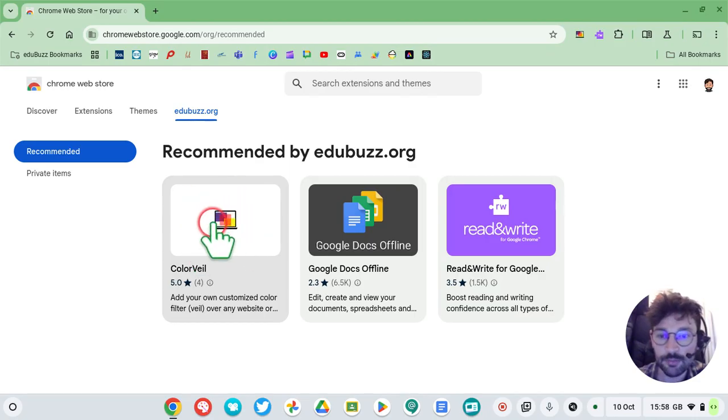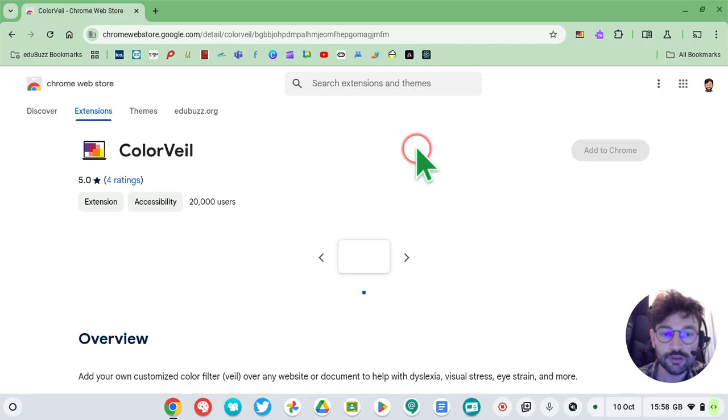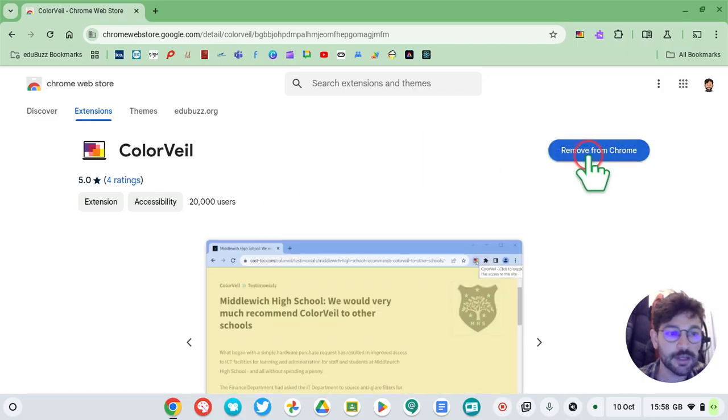And just as an example, when you click on Color Veil, you'll notice that there's a little button up here that says Install on Chrome or Remove from Chrome. I've already got Color Veil here. So I've already downloaded it. So if I wanted to get rid of it, I could click remove, or if I wanted to add it,